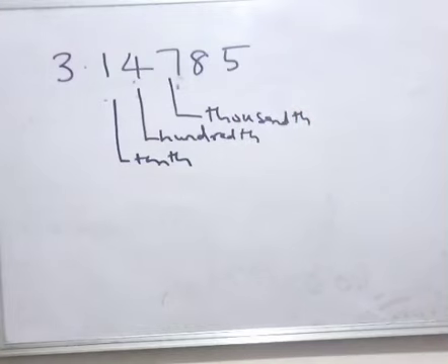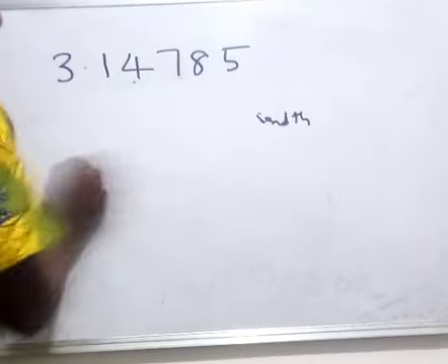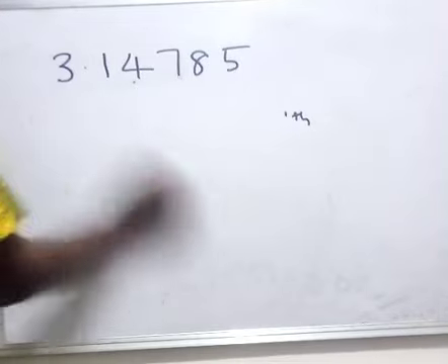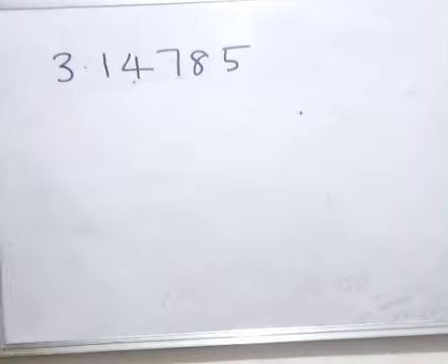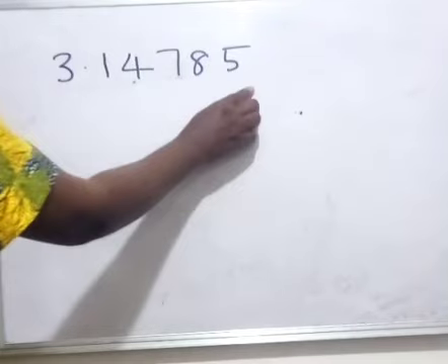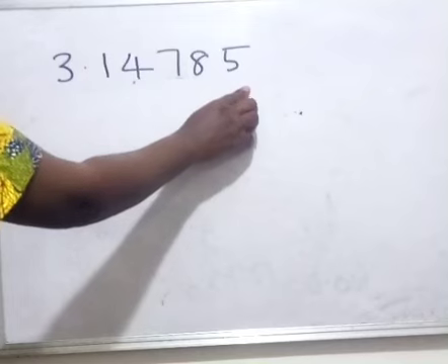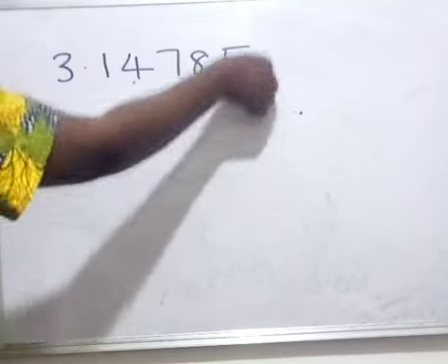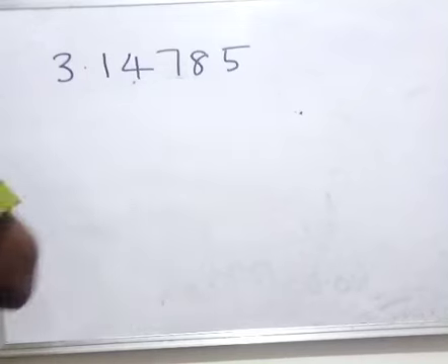To round this up to the nearest thousandth, we need to first start by rounding up from right to left. So let's quickly wipe this off so that you can see how it is done. So first of all, we'll start with this. This is 5 here. It is up to 5, so we'll round it up to 1 here. It becomes